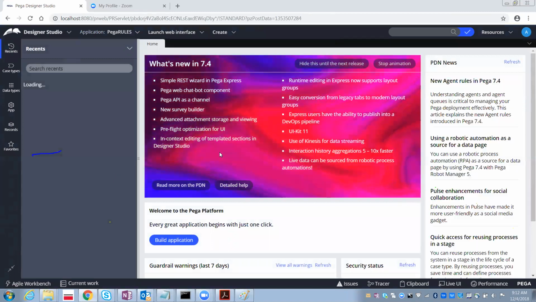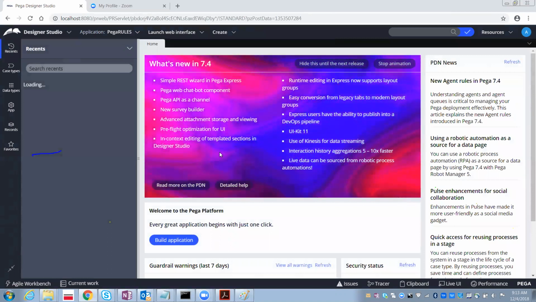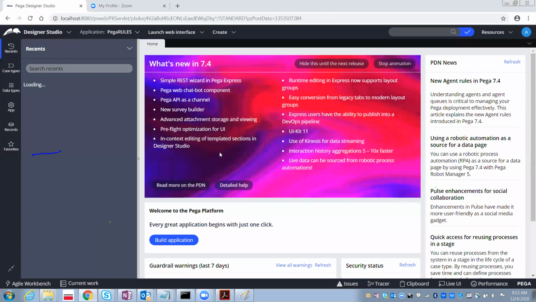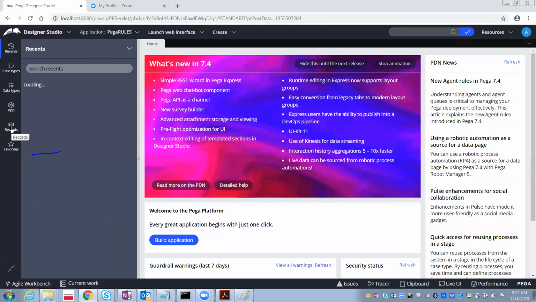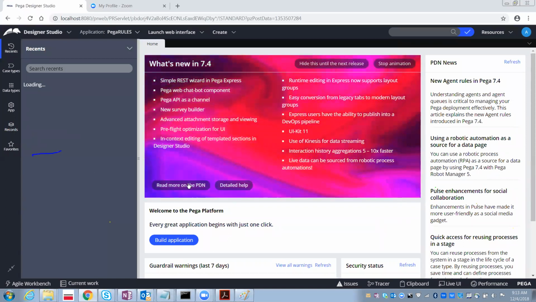So now I need to open that operator ID, admin@sbi.com, to change the password. So how can we open that operator ID again? I have shown you how to open that operator ID. Go to records. From the records, organization, under the organization, you will have operator ID. If you select the operator ID, it will list out all the operators.